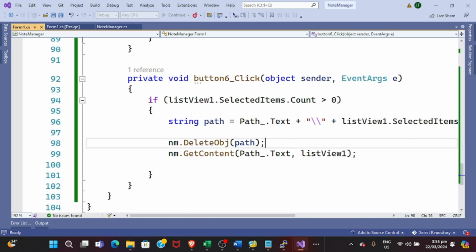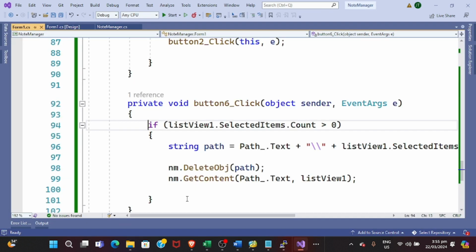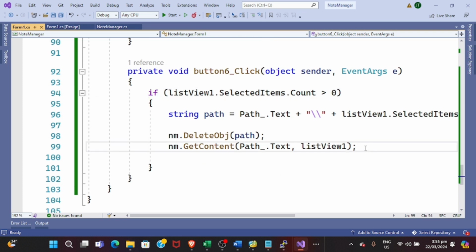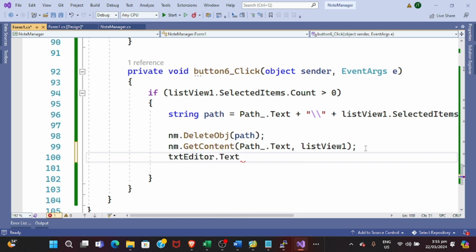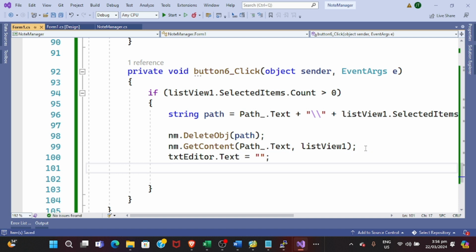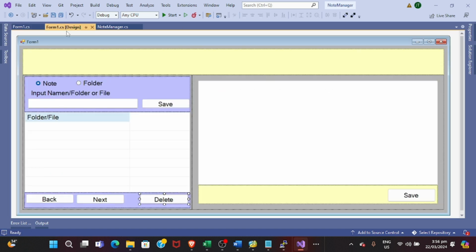So what I'll be doing is to clear the text box if there's content on txt editor, so that it's cleaner. Okay, so that's our code. And the final demonstration that I'll be showing to you is to